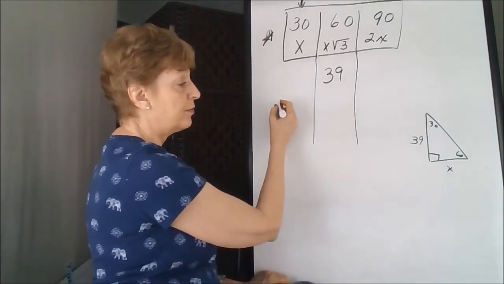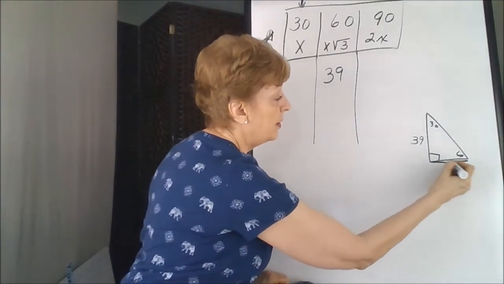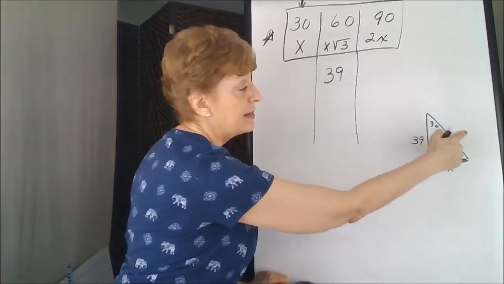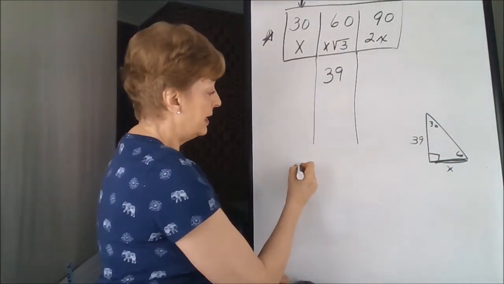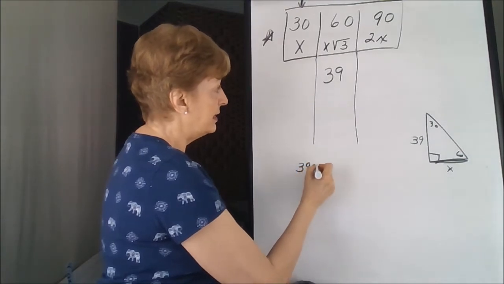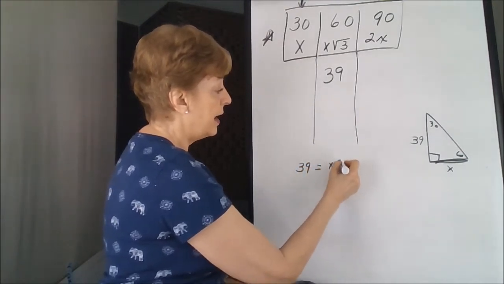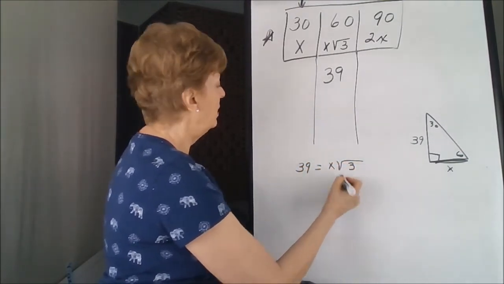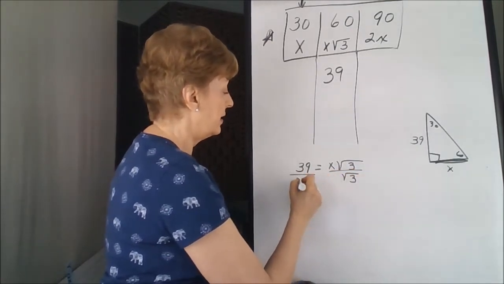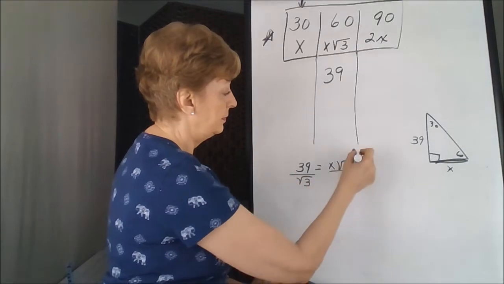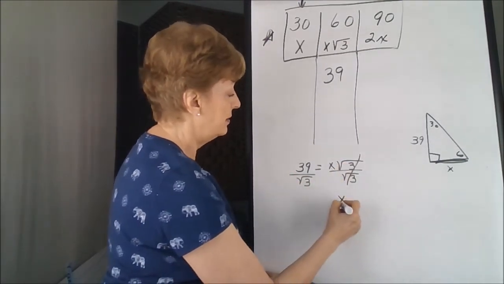Let's work on that one first, because it's important that we get that side. It makes getting the hypotenuse that much easier. So we're going to set up our equation as 39 is equal to x radical 3. Divide by radical 3 on both sides. X is equal to